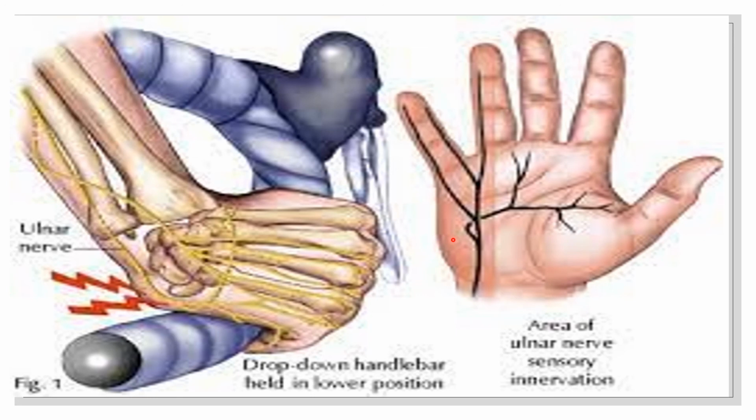Basically, in ulnar canal syndrome and handlebar neuropathy, almost the same symptoms appear, that is weakness of the medial 1.5 fingers and weakness of the intrinsic muscles of the hand, but the nerve compression is different. If there is compression in the ulnar canal, then it is known as ulnar canal syndrome, or if there is compression of the ulnar nerve due to the hyperextended hand position in people who ride long distances on bicycles, it is known as handlebar neuropathy.